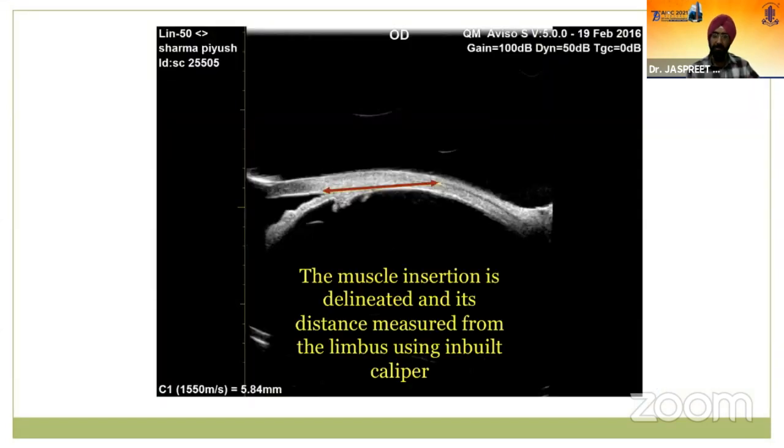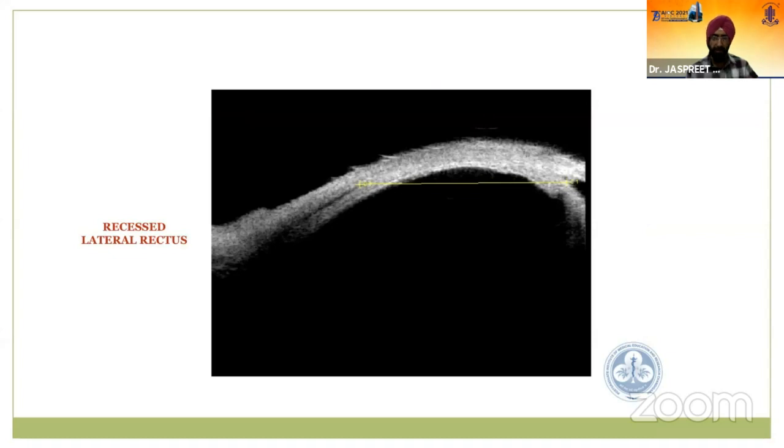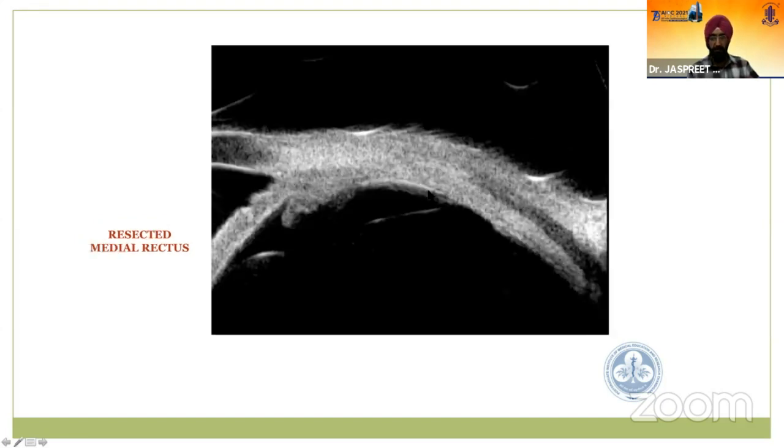It's a distance which is measured from the limbus with an inbuilt caliper. From the starting of the shadow, which is this pointer here, up to the limbus would give you the insertion, where you can add a millimeter to it, because they say the angle is posterior by 1 millimeter to the limbus. So that's again a recessed lateral rectus muscle, and you measure the chord length from the limbus to the insertion of the muscle. Now this is the insertion of the muscle, and this is your so-called limbus. Now this is a resected muscle. It's a magnified view. You can see how thick it is, but yes, it starts off from somewhere here, and then you can easily measure the distance.